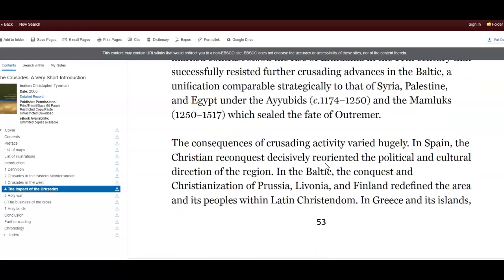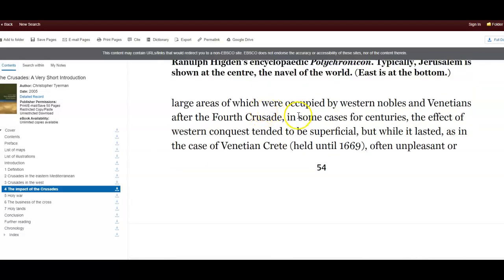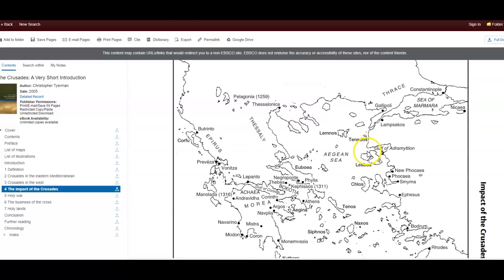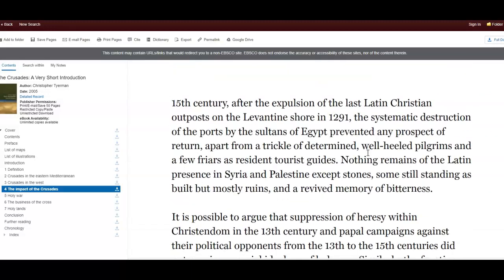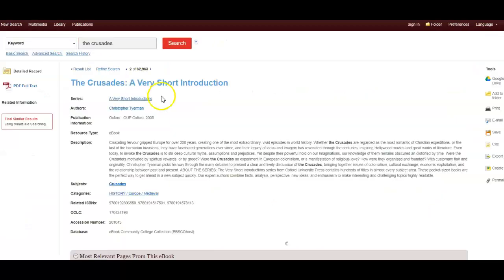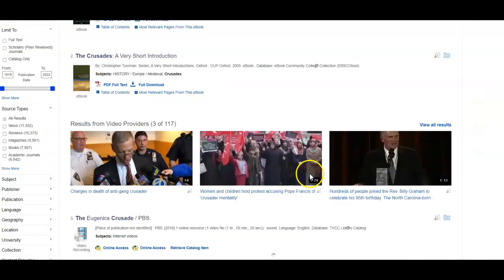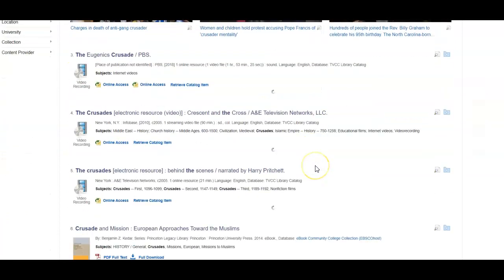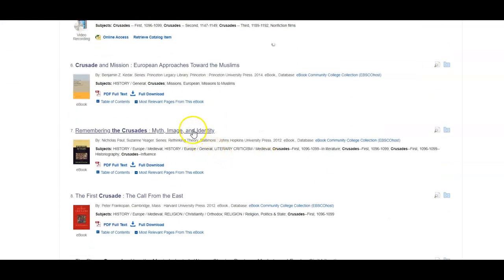And so if you go through here, it'll give you details about here's the Fourth Crusade named again, and some of the impact it had, the details that occurred. So this is all part of what you can look at. Our library gives you some really good resources for this particular topic to look at. It really does. And then this one is again another ebook, and it talks about the myth about